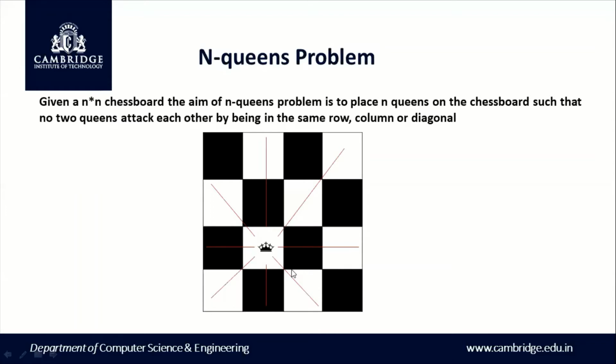We start with the basic solution, and we are going to solve this using backtracking. We start with the smaller instances of the problem, and then we move on to the larger instances. We will first check whether there is a solution for a chessboard of size 1, then a chessboard of size 2, that is 2 by 2, then 3 by 3, 4 by 4, 5 by 5, etc.